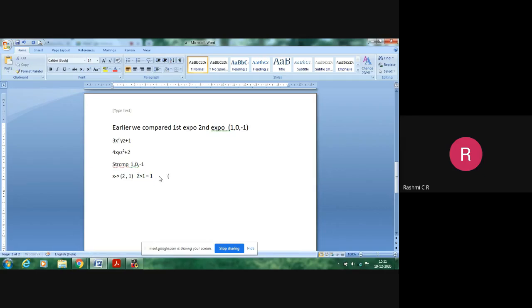Suppose you get a situation where 2 is less than 1, or 1 is less than 2. In such a case, you have to return the value -1. Suppose both are equal, if 2 is equal to 2, in that case I get the value 0.